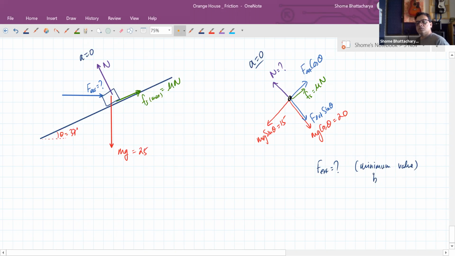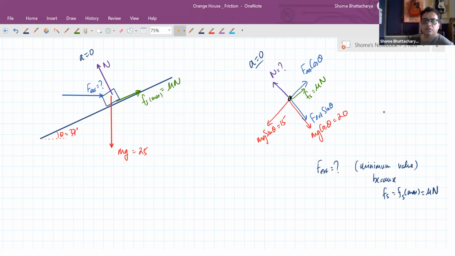okay, because we have taken static friction to be the maximum value. But difference here is normal reaction will not be mg cos theta. Okay, remember normal reaction will also be affected, so it will come out to be less than the value that we got earlier. Okay, so anyway, just check it out how much you'll get. I'll give you the answer in a minute.